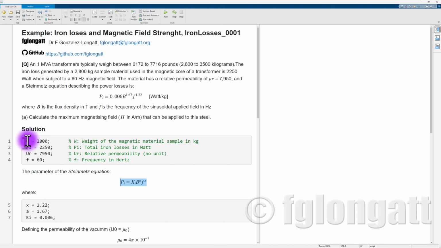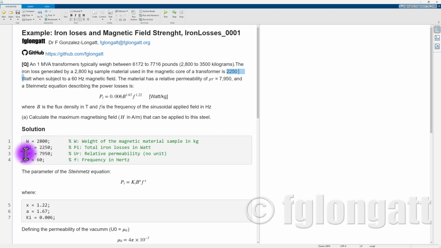So today we will start the solution of this very interesting problem related to iron losses and magnetic field strength. And we will start here by defining the input data or the known data, okay? As you can see, I am defining here W like the weight of the magnetic material sample in kilograms. And as you can see, this is 2,800. Then we are defining the total iron losses. For this case is